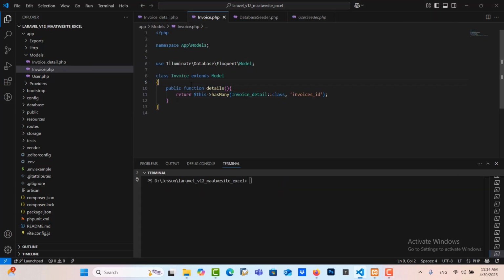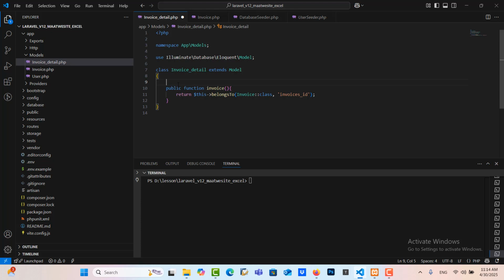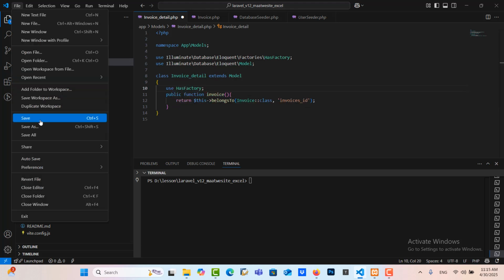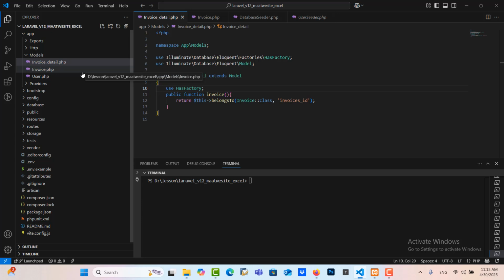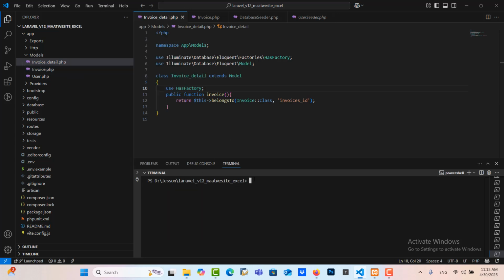And we go to terminal. So before we create, we need to add has factory in here for each model. Perfect. And then we move to new terminal and we create a factory.